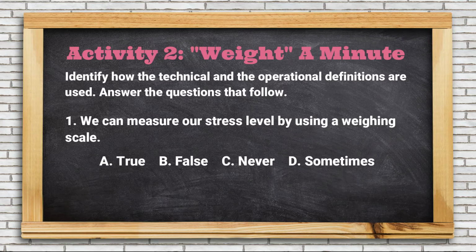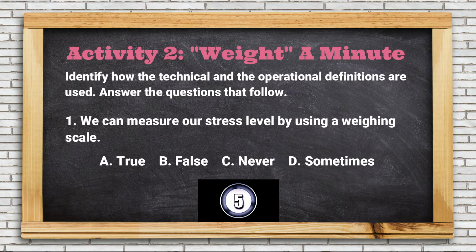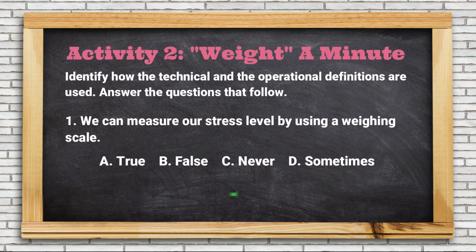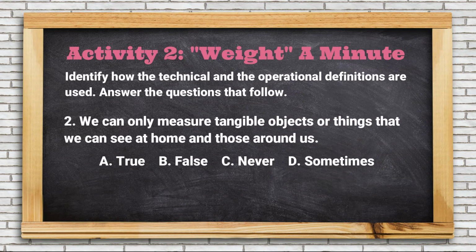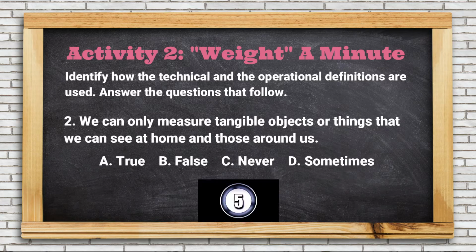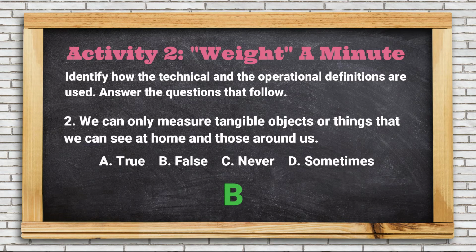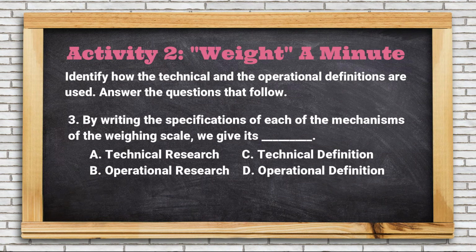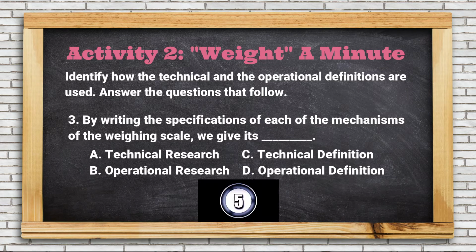Number 1, we can measure our stress level by using a weighing scale. B, false. Number 2, we can only measure tangible objects or things that we can see at home and those around us. B, false. Number 3, by writing the specifications of each of the mechanisms of the weighing scale, we give its